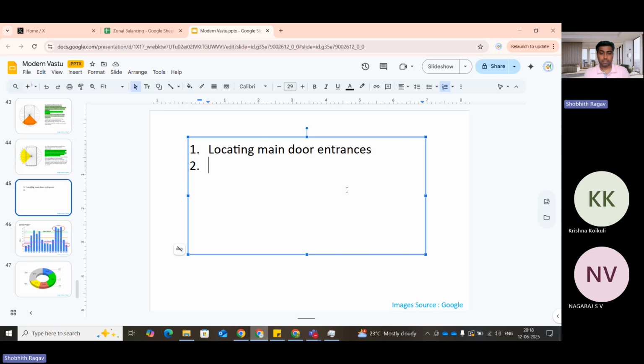The next step is checking for toilet zones. This is also a very important step because the majority of Vastu defects come from the toilets. So one is from the main door, second is from the toilet. Then third is to analyze the Vastu zones or zonal strength. All these 16 zones which we learned, we have to analyze what the zonal strength is in our building. So the next step is